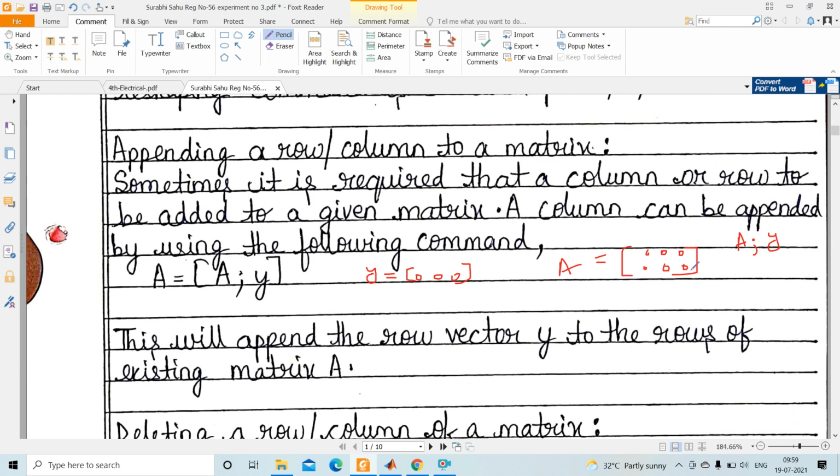Semicolon means it is shifted to the next row. So the Y elements are placed here. That's why the number of columns of the A matrix and the Y array should remain the same.